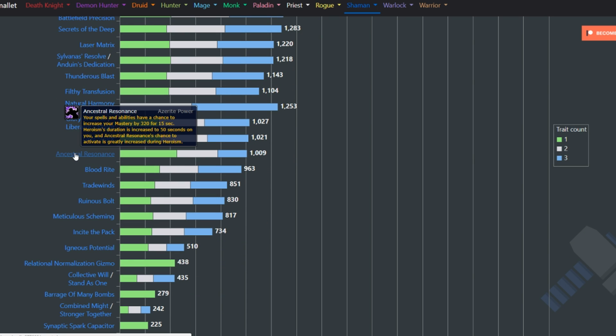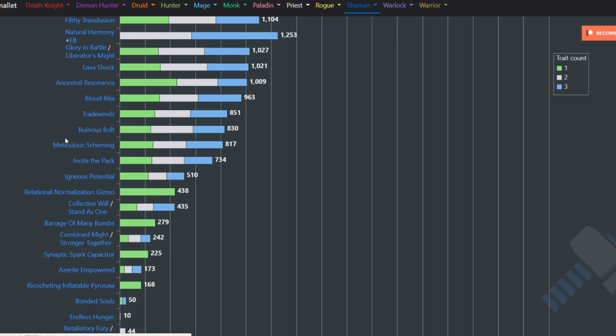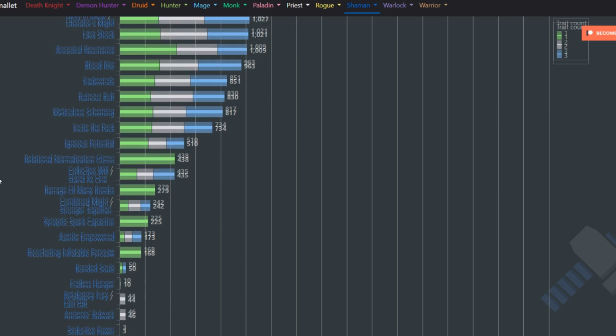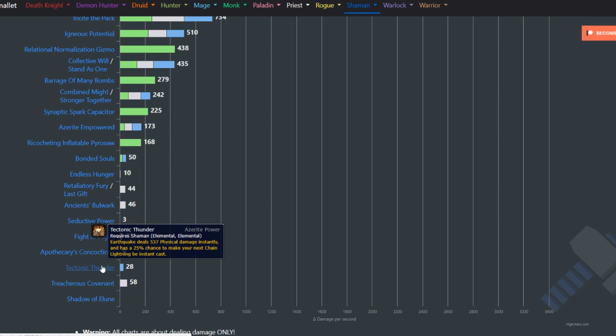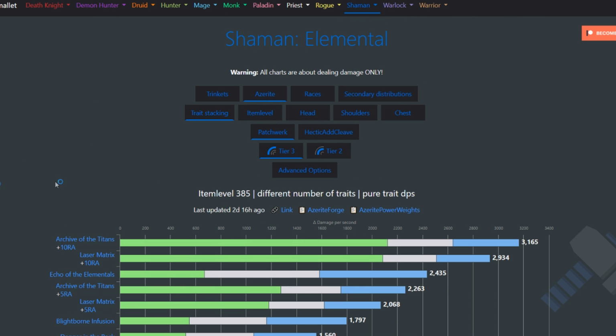Ancestral Resonance has been changed, as you may know, but it is still not very good, so I would not recommend going with this trait unless there's like a 1-minute burst window or something you want lust during. Because Mastery is just not very good, so the proc isn't really doing all that much. And some of these new traits are kind of weird. Most of this is just sim error, but...